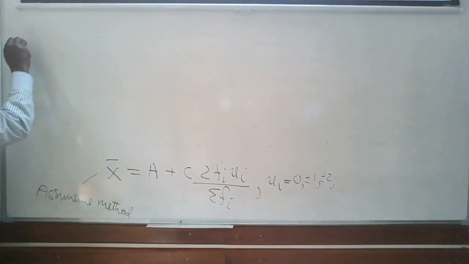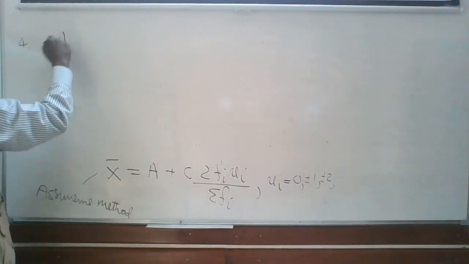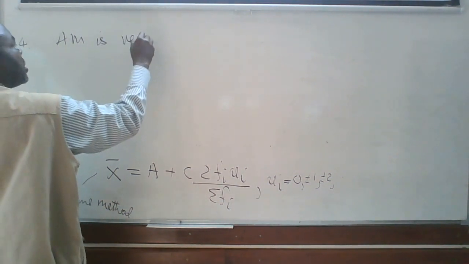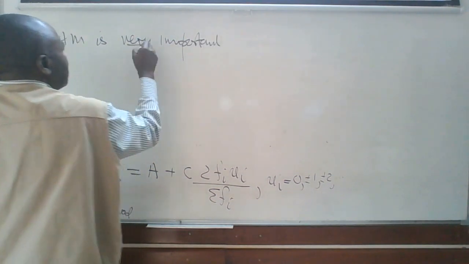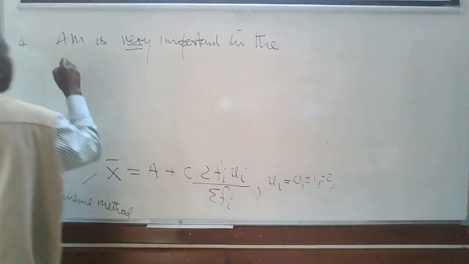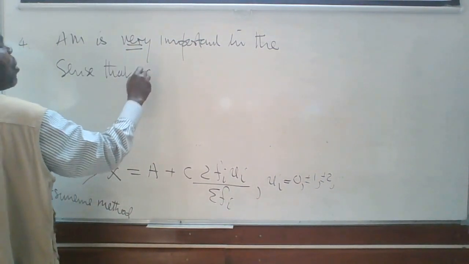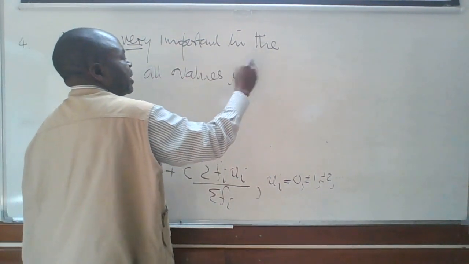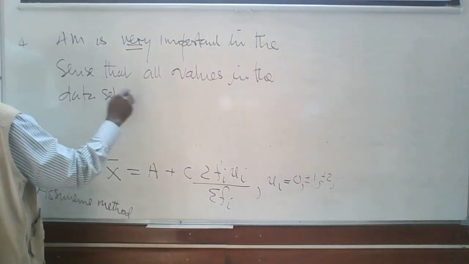Say, I can say 4. X bar, or the arithmetic mean. In fact, let me say, the arithmetic mean is very important. It's wrong to say that, but I'll say it. We shouldn't be using that, but it's very important in the sense that all values in the data set are used